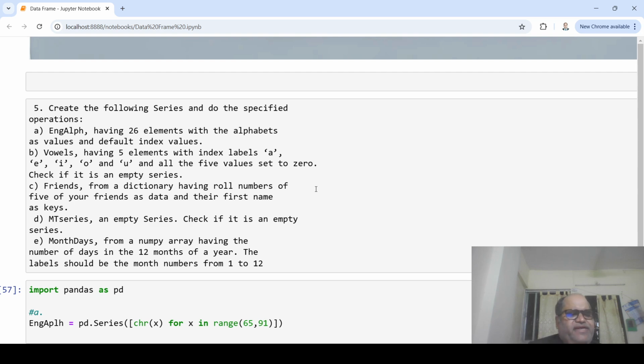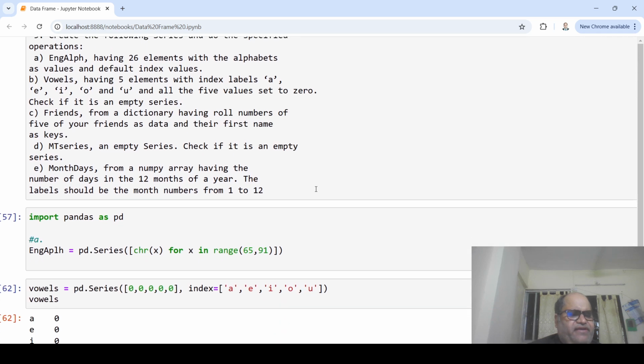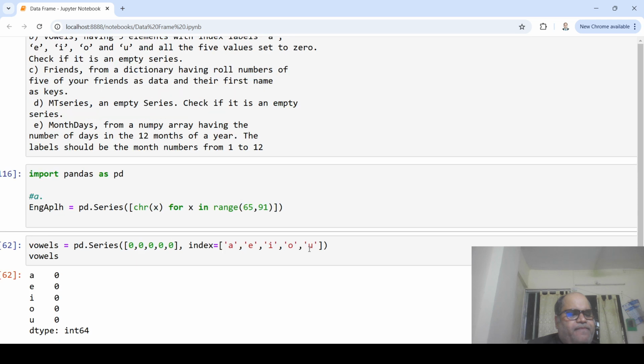Once we create your data, you can simply call pd.Series and provide it the input data for the 26 elements, and then you don't have to do anything, because the index is not labeled here. So if you simply execute this statement that you see here, your English alphabet will have